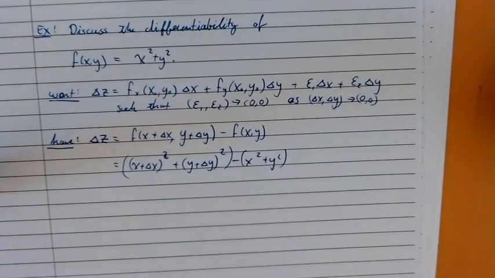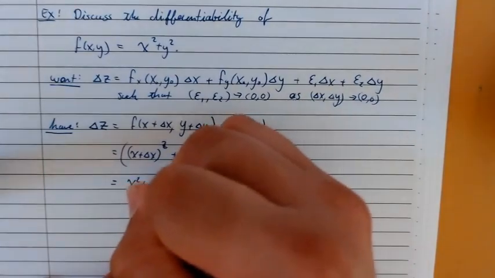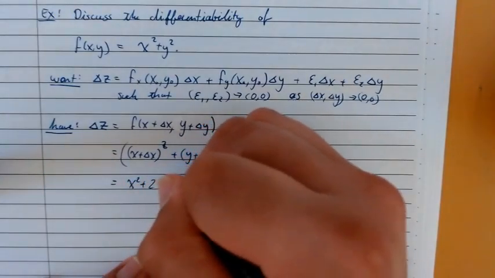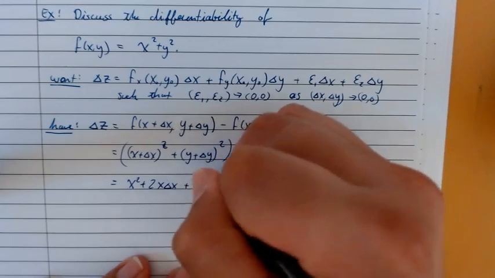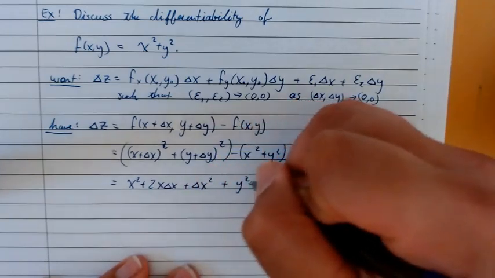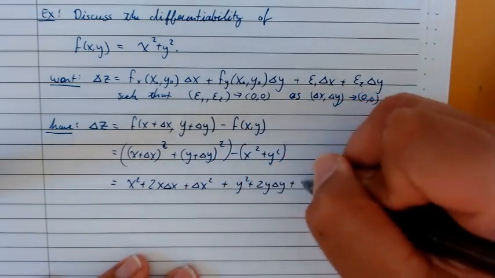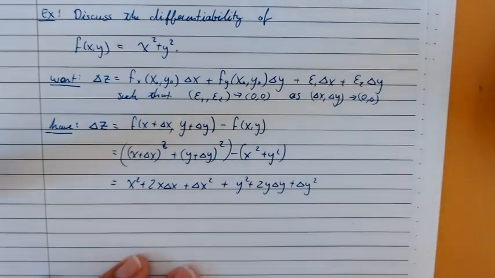Like that. Okay, well, we can expand this. If we square this out, that'll give us x squared plus 2x delta x plus delta x squared plus y squared plus 2y delta y plus delta y squared